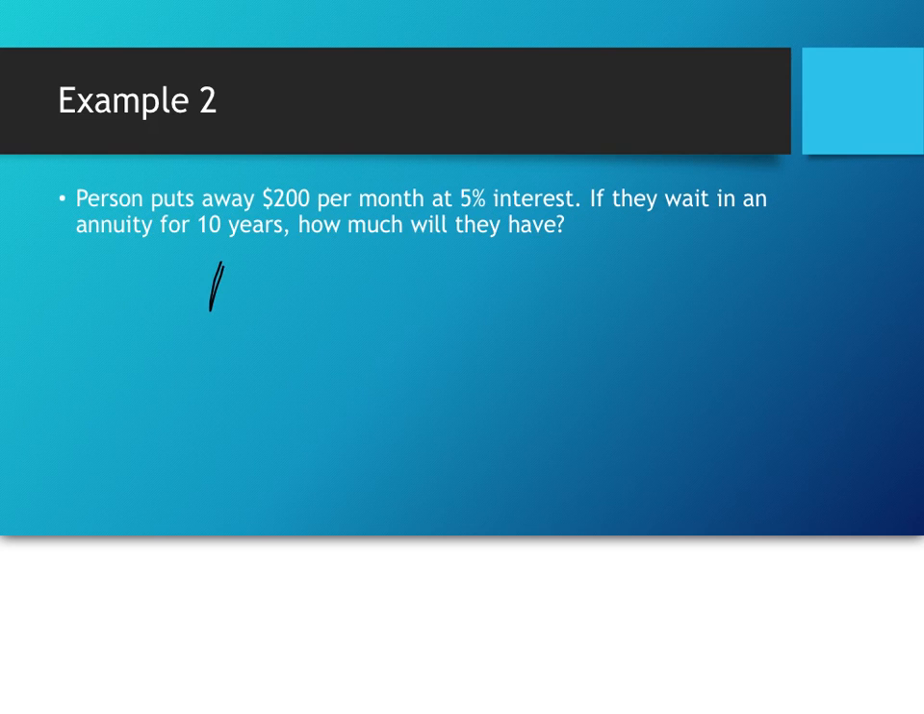So we have A, that's the amount we want, is going to be 200. That's what our payments are going to be. Oftentimes, by the way, we've called these P's. Other books will call this capital R instead of capital P. Now, we're putting things away per month, so we're accumulating interest monthly. So 1 plus 0.05 over 12